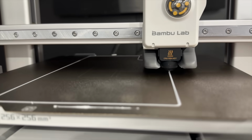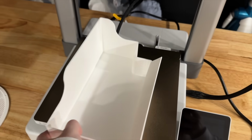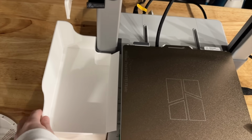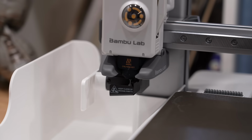So I started with that, and this thing was quite large, but printed so incredibly clean and smooth. And this just molds perfectly against the side here. There are so many options for these side buckets, and I would highly recommend printing one even if you're not